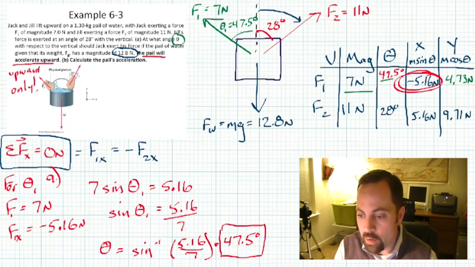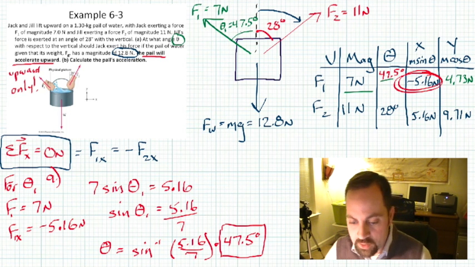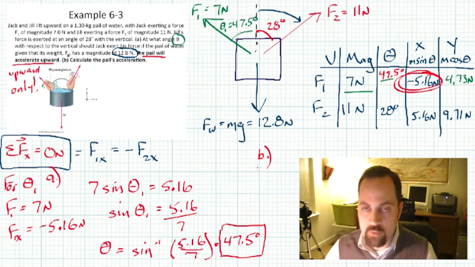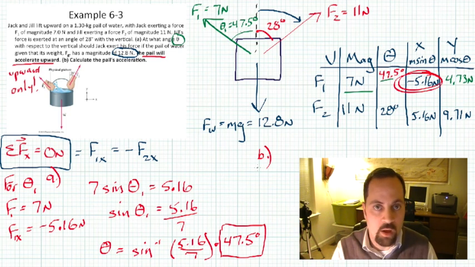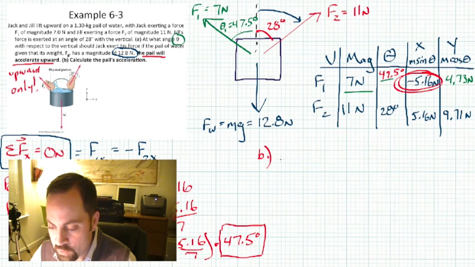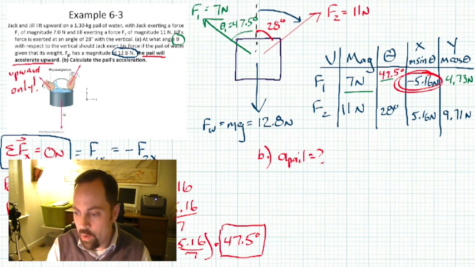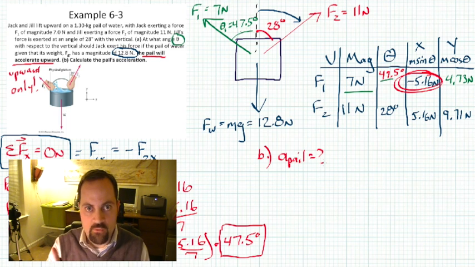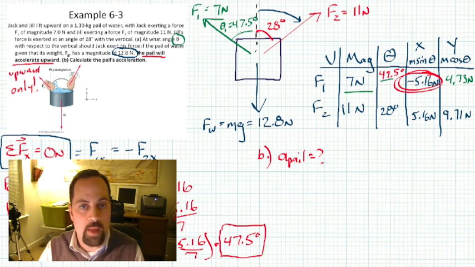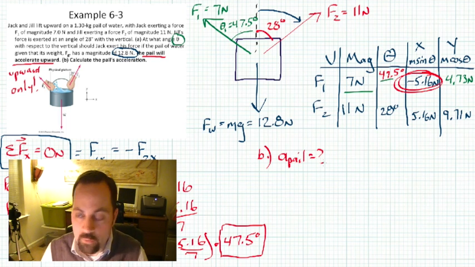That's important because part B is asking us, what then is the straight upwards acceleration of the pail? So the acceleration of the pail, that's what we want to know. But we needed to find that y component of force 1 because that'll help us sum all our forces together and find out what the actual